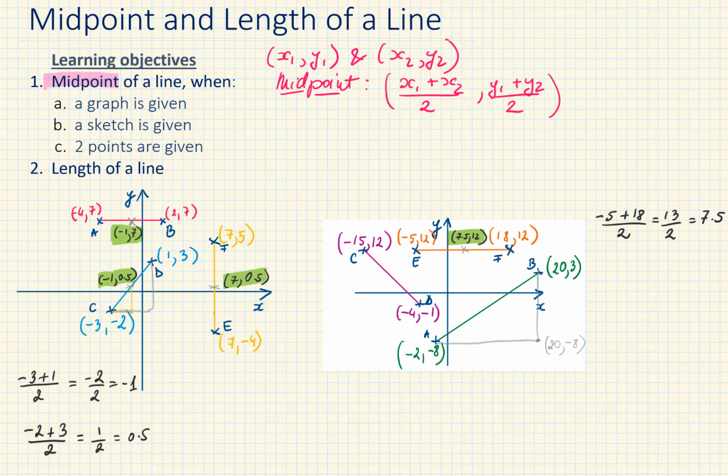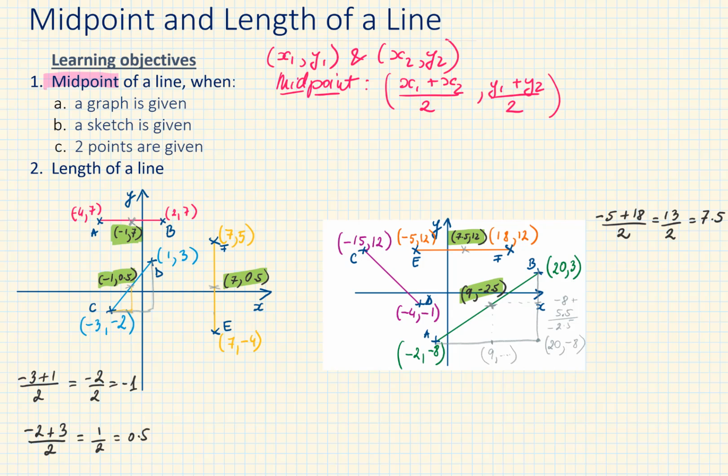Half of the 22 is 11. 22 minus 11 is 9. And halving the y route is 5.5. Going from -8 up 5.5, we have to add 5.5 to -8, and that is equal to -2.5. The midpoint of the green line is 9 and